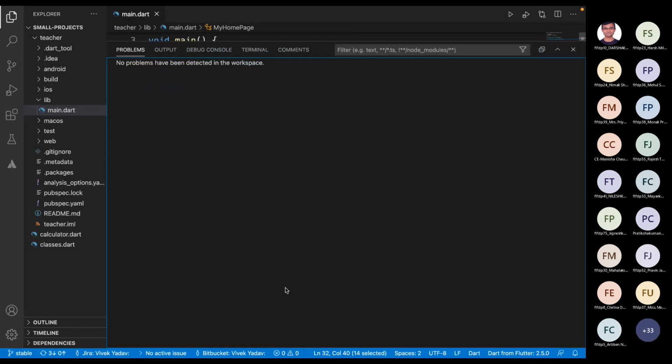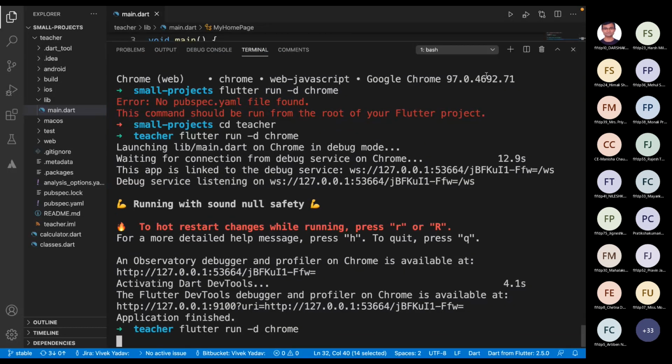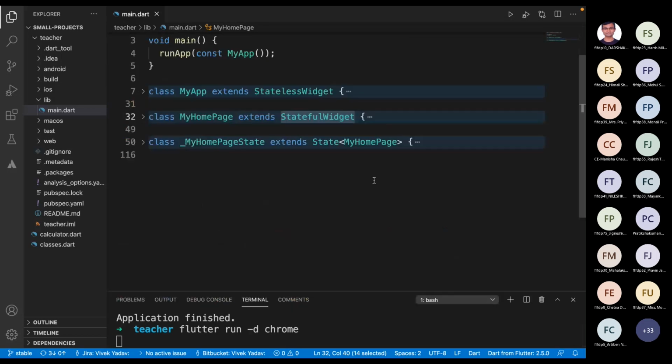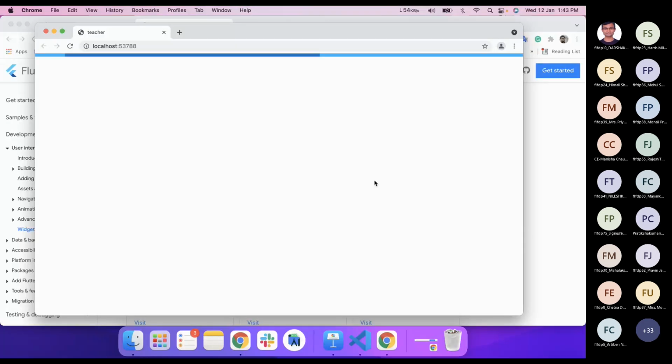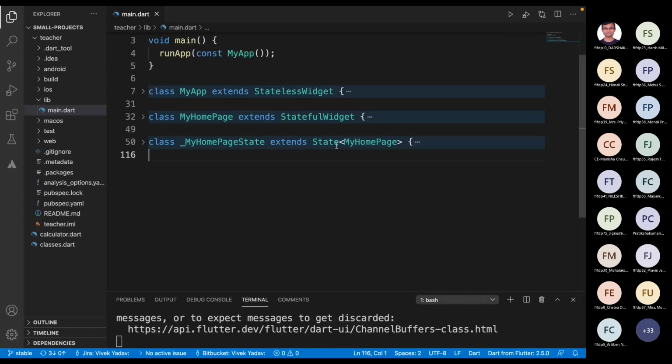If a widget needs an update, like the number widget which updates itself from 1, 2, 3, 4, basically we are updating its value.